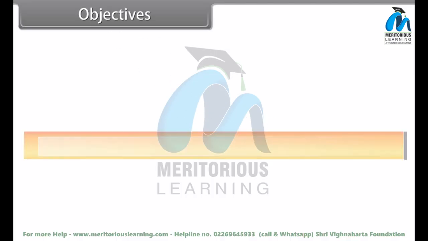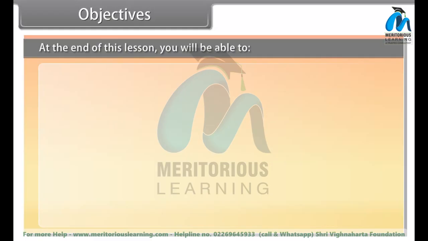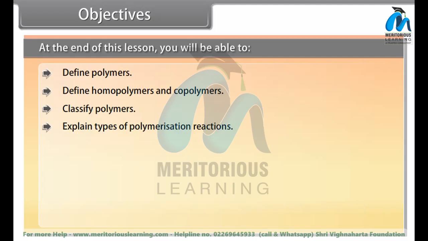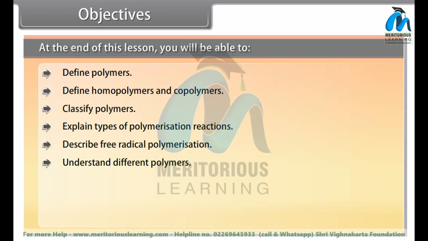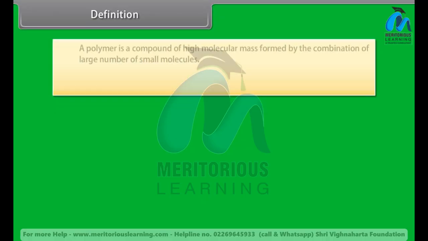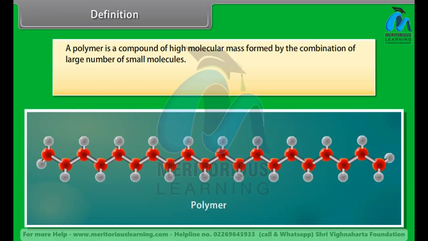Objectives. At the end of this lesson, you will be able to define polymers, define homopolymers and copolymers, classify polymers, explain types of polymerization reactions, describe free radical polymerization, understand different polymers, know about rubber, calculate molecular mass of polymers, define biodegradable polymers. Definition. A polymer is a compound of high molecular mass formed by the combination of a large number of